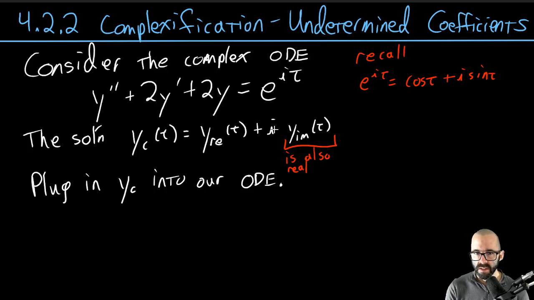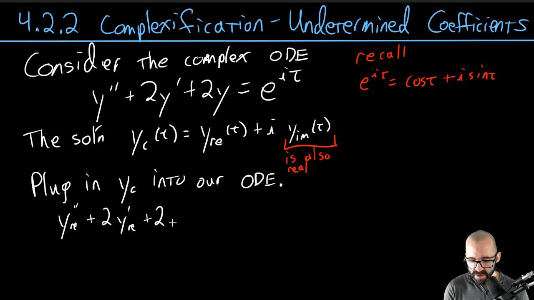It's just a constant. When we do this, what we're going to really get is y double prime of the real part, the second derivative of the real part, plus 2 times the first derivative of the real part, plus 2 times the real part, plus i times basically the same exact thing, but for the imaginary part,